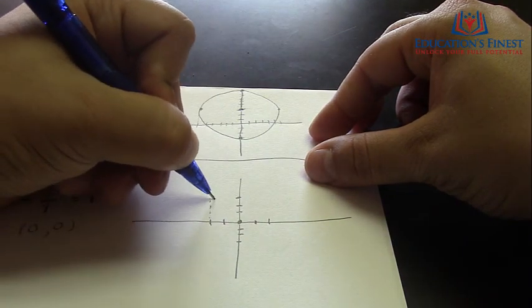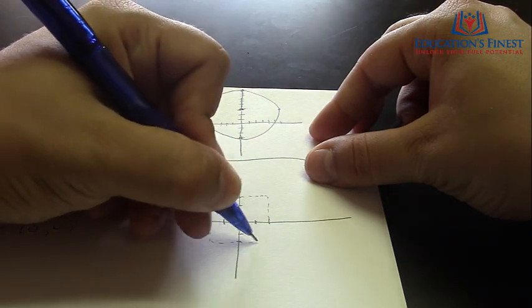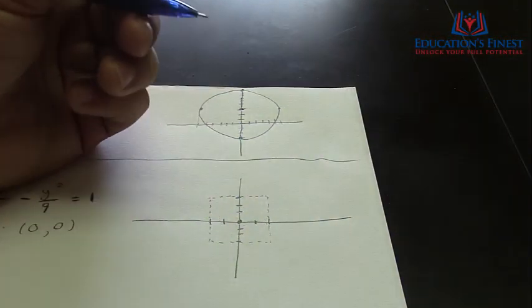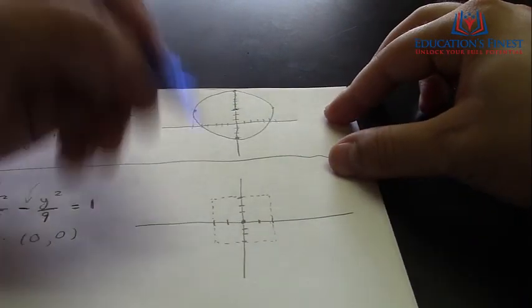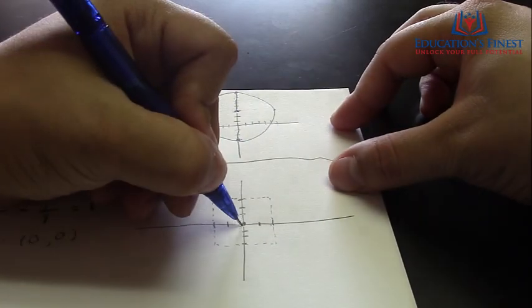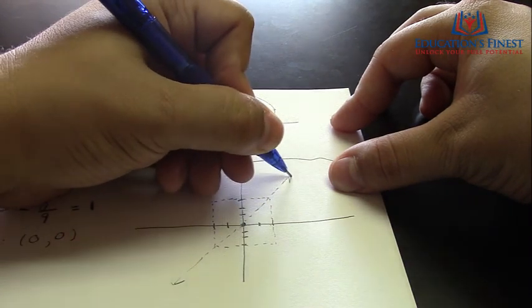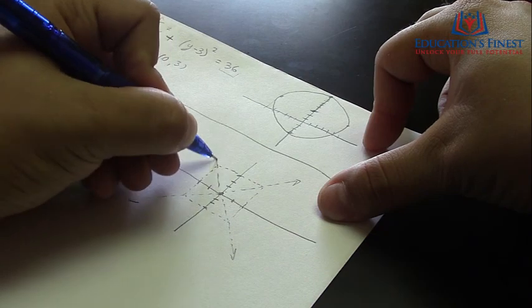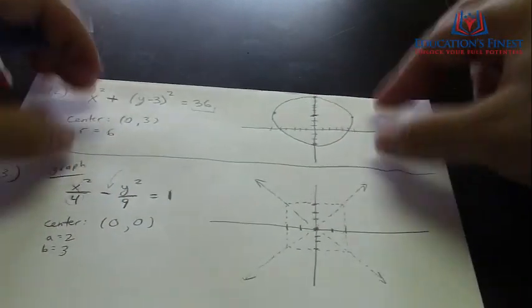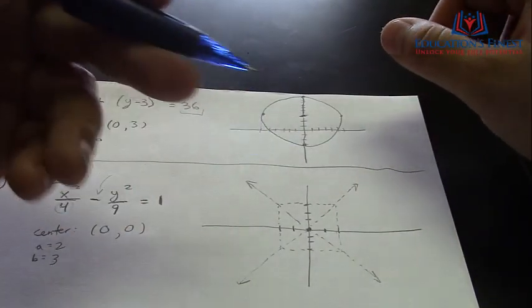And what you do is you're going to draw a little box. Just make sure that your box is dotted, okay? Now, once you got your little box, you draw asymptotes through the corners of the box, okay? So just follow this process and it's going to work every time, okay? Now, once you got your box and you got your asymptotes,